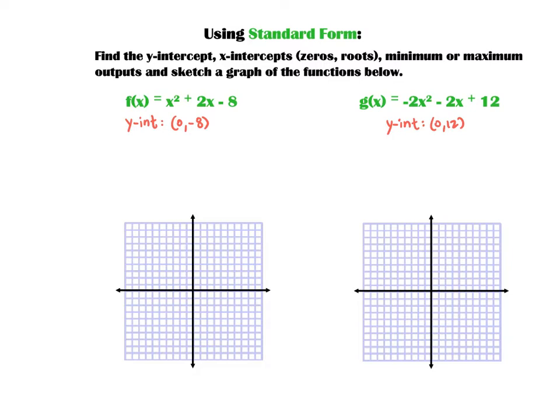Okay, let's go x-intercepts. Standard form is not our friend for x-intercepts unless we factor. So it looks like I would have an x plus a 4 and an x minus a 2. 4 and -2 multiply to -8, and they add to 2. So it looks like my x-intercepts